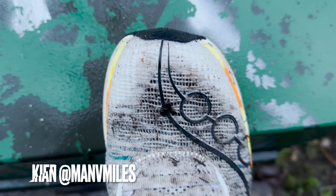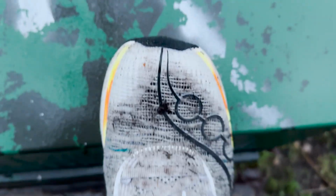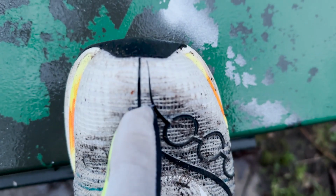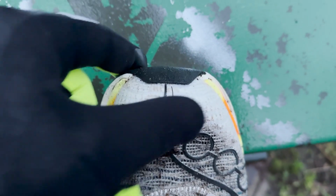So, quick word on fit then. I'm doing this outside, so apologies if there's noise. As you can see, I've just taken these on a very muddy run. But essentially, what I've got here is enough length in the toe box. There's good clearance across the top of the big toe here, and it's quite rigid as well, so it sits